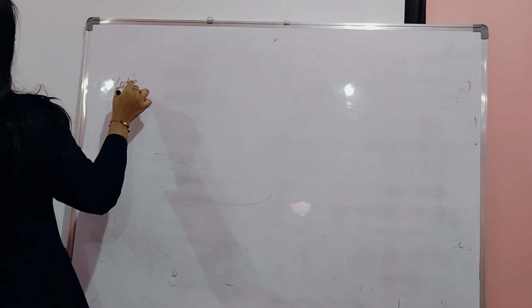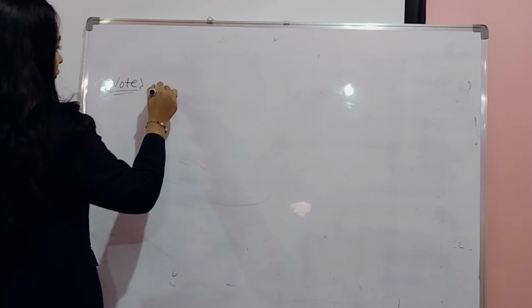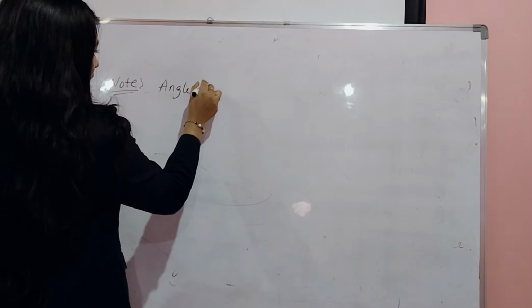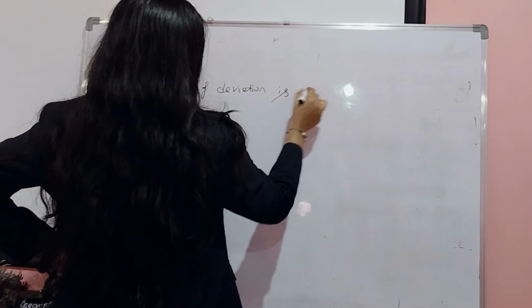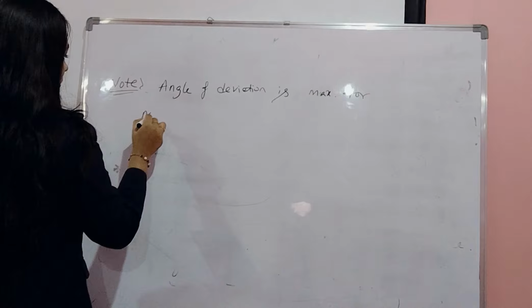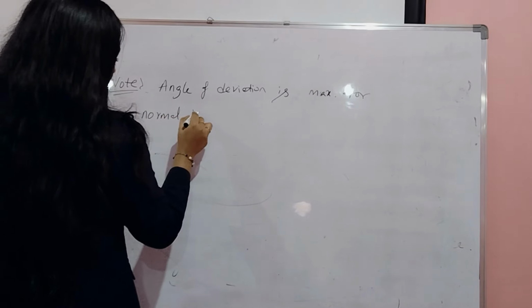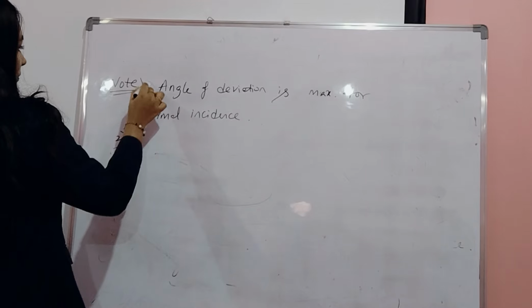So one important point is angle of deviation is maximum for normal incidence. Okay. And the second point is